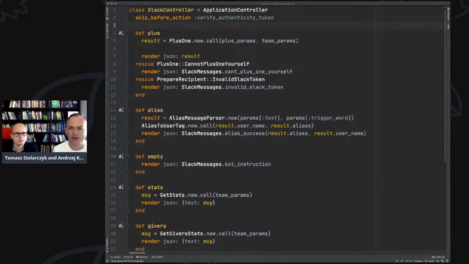If you were on the Arkency mailing list, you received a link to Tomek's free ebook. Tomek was kind enough to write quite a lot about coupling and cohesion. So today there will be some coupling and cohesion arguments used, and you can download the book and look, because we will refer to some of those things. But okay, that's enough of this introduction.